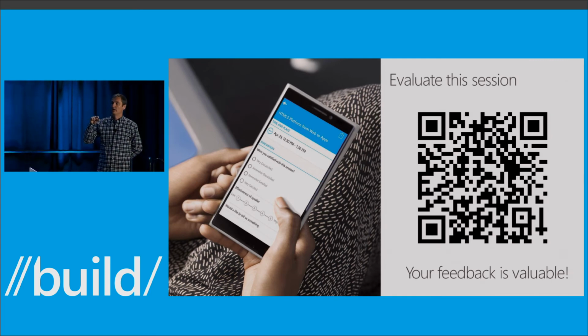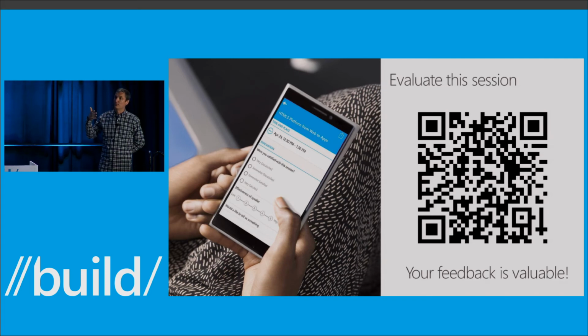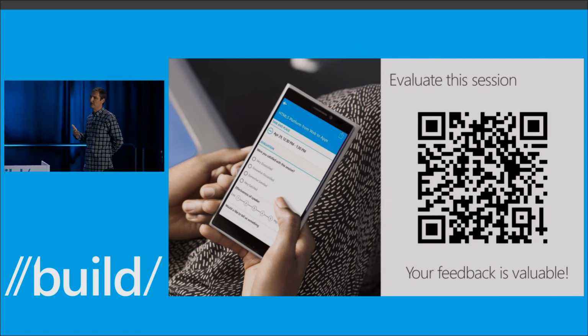We are working on enabling just that. We don't have the details yet. But our goal is to let you see the attribution to understand where the downloads came from for campaigns that you created or for other sources, such as promotions within the store or any other sources. So I don't have a definitive answer either, but this is something we're working on, and you should expect to see this at some point.